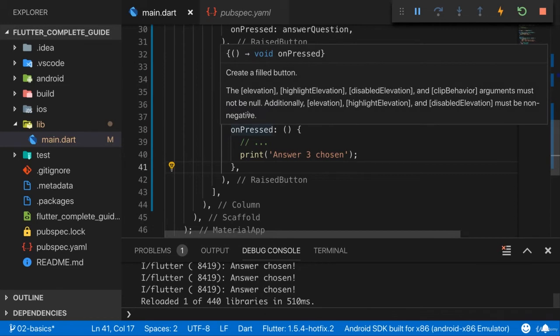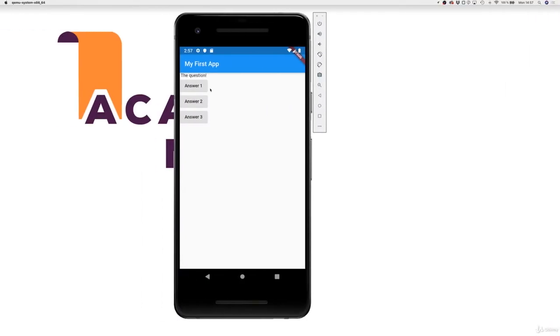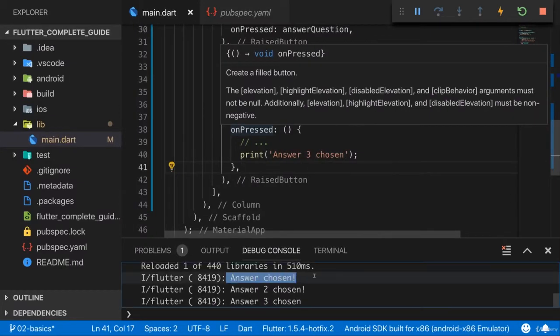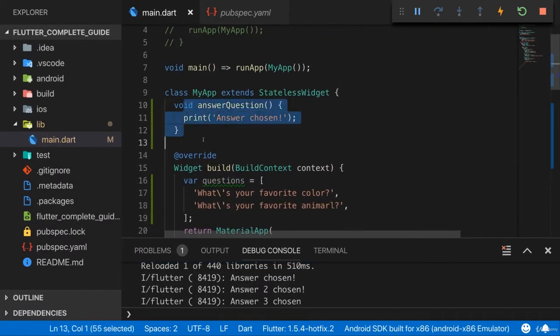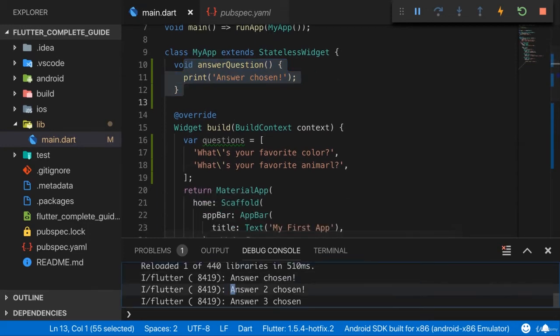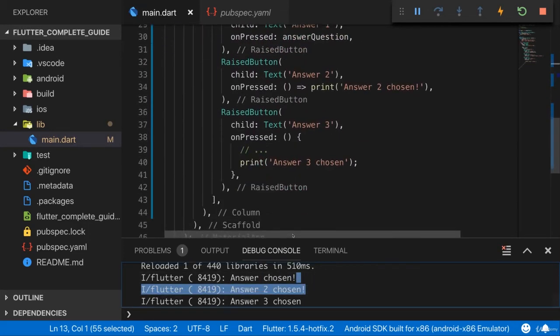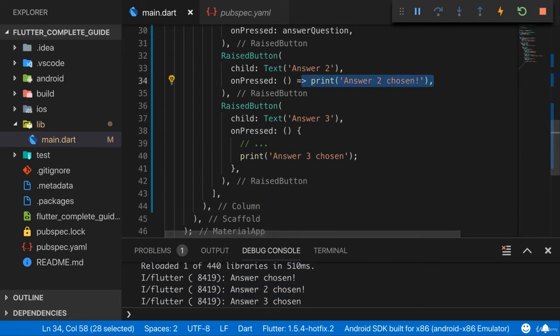Now if I save that, you will see that if I click answer 1, 2, 3 here, we see answer chosen. That's from the answer 1 button, which executed our named answer question function. Then we had answer 2 chosen, which is coming from my anonymous function here, and answer 3 chosen, which is coming from the function here. And it's called anonymous because it has no name here, it just has the argument list and then the function